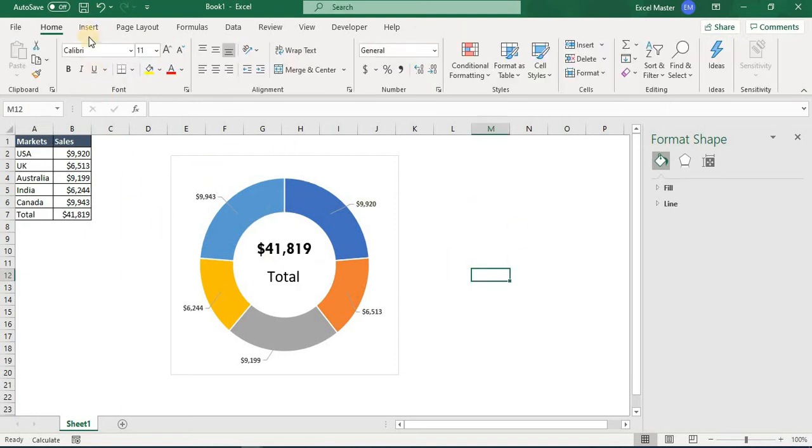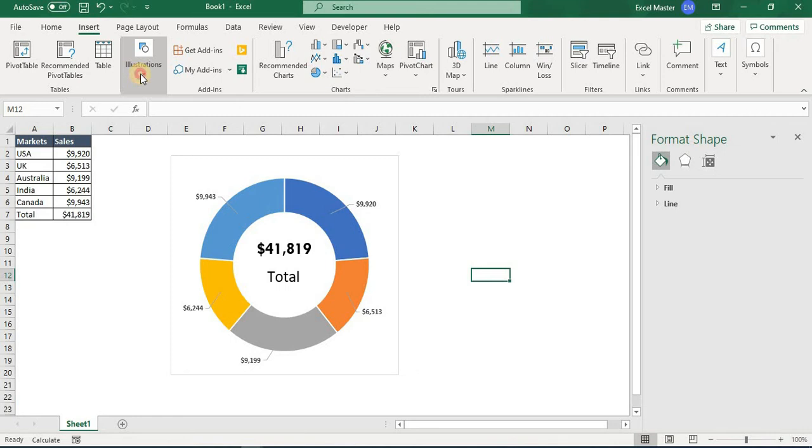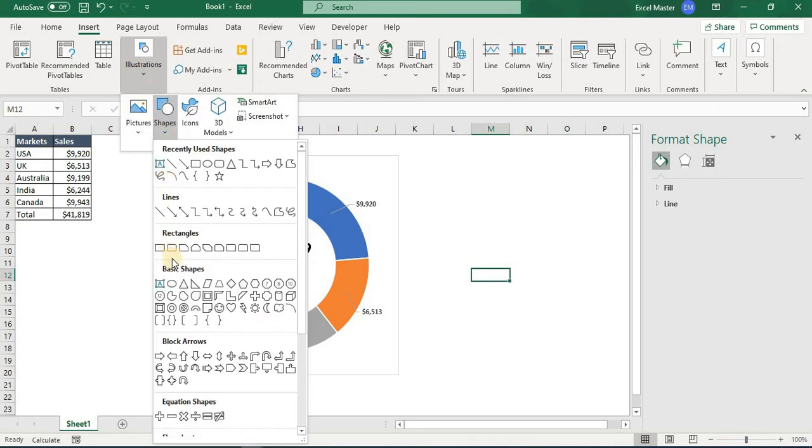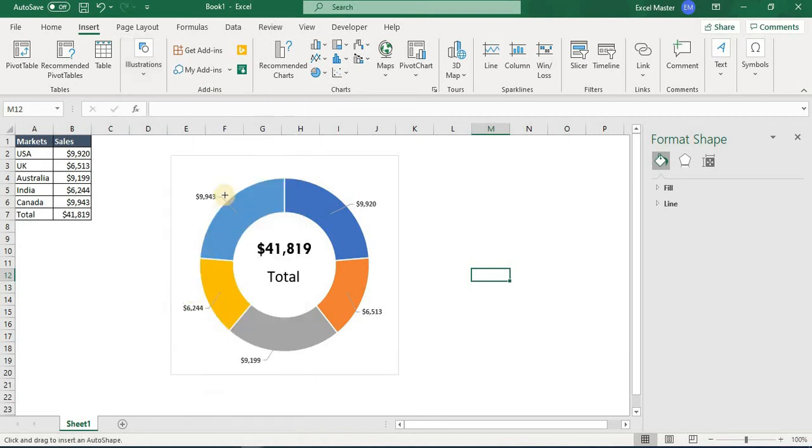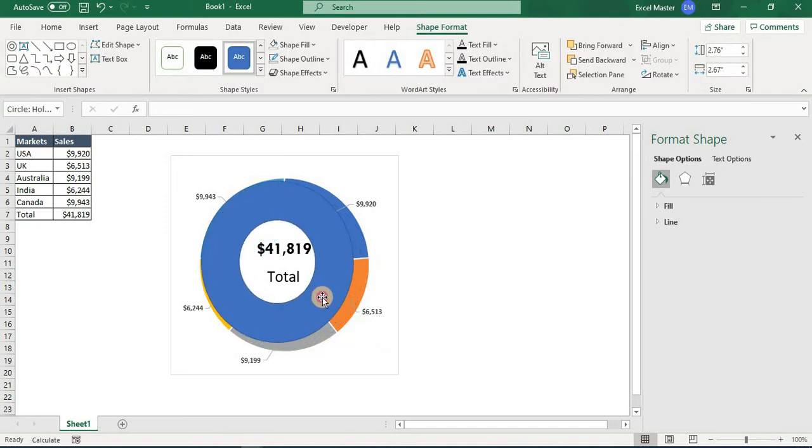Now we will draw a shape. The shape is a hollow circle, and we will draw this shape over this, and we will size it exactly to the measure of the donut.